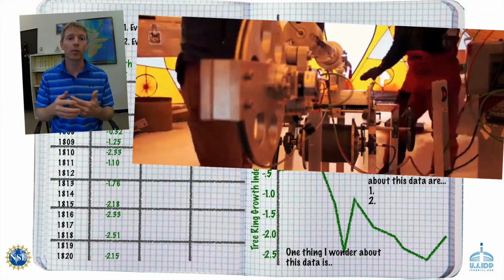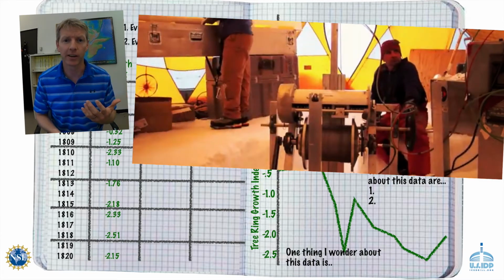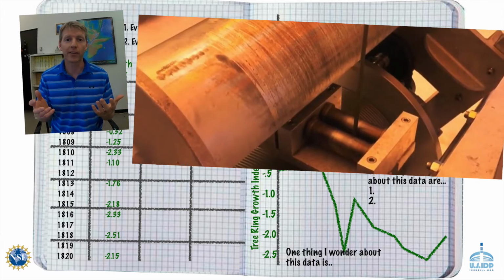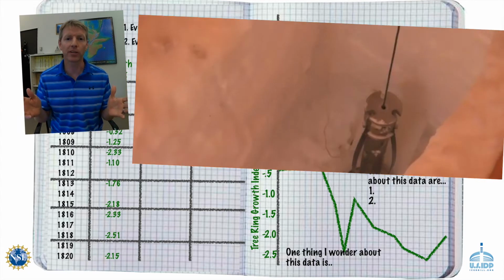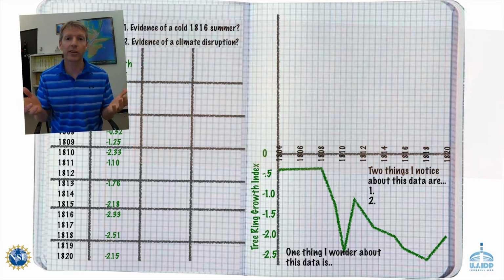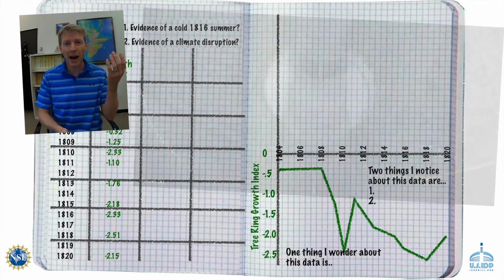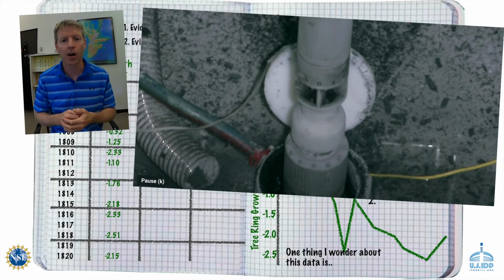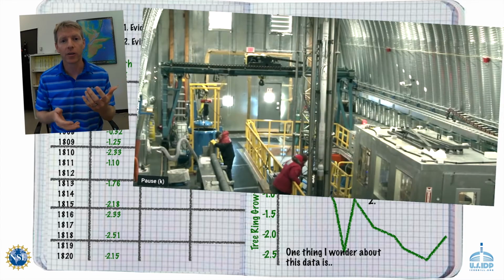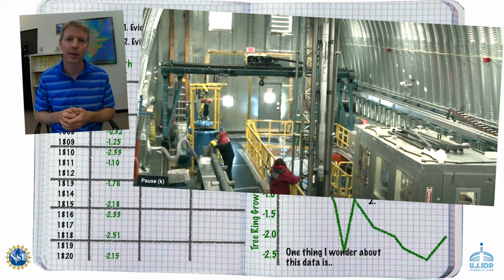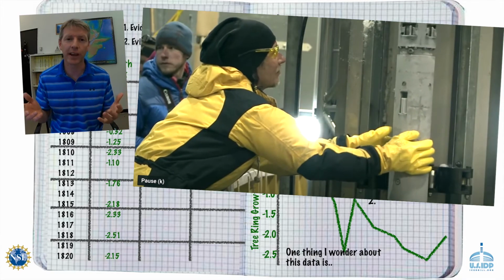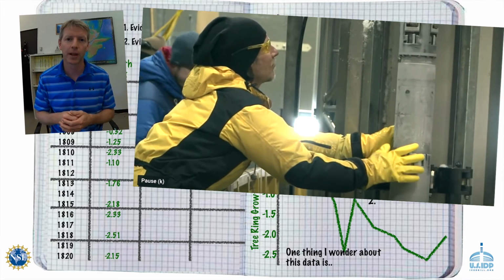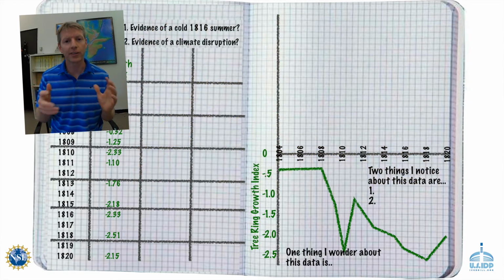Other times we might want to go back tens of thousands of years. And some drills that we have are really huge industrial drills. They take like 10 or more people to actually operate them. And those drills can actually go over 2 miles down into the glacier, all the way to the base of Antarctica or the base of the Greenland ice sheet. And those ice cores can go back tens of thousands of years, sometimes hundreds of thousands of years in time. So every expedition is different depending on exactly what we're trying to do.